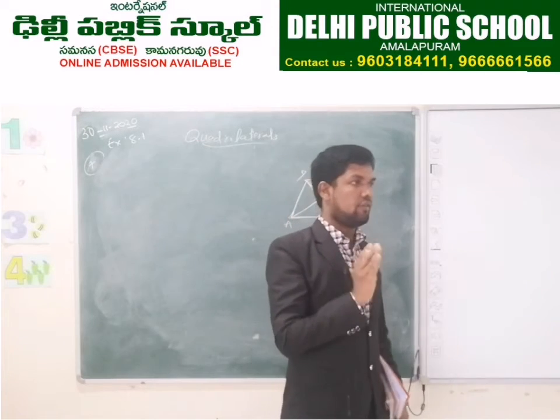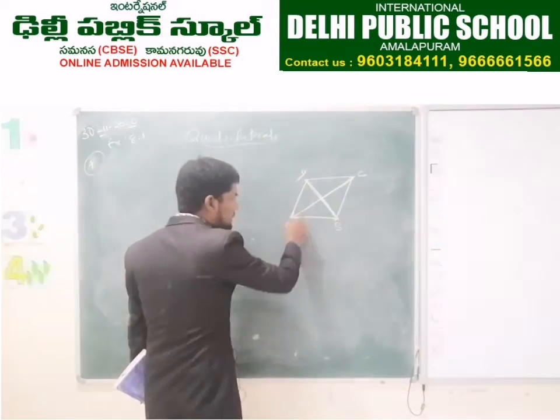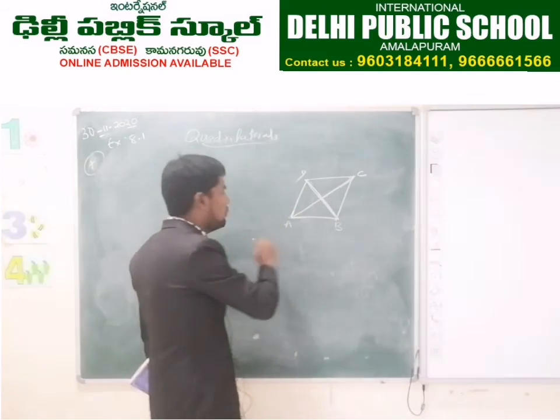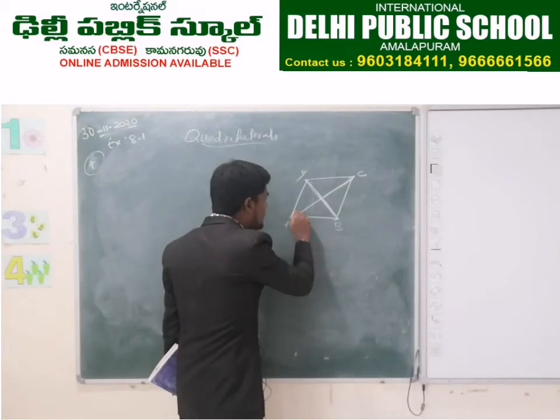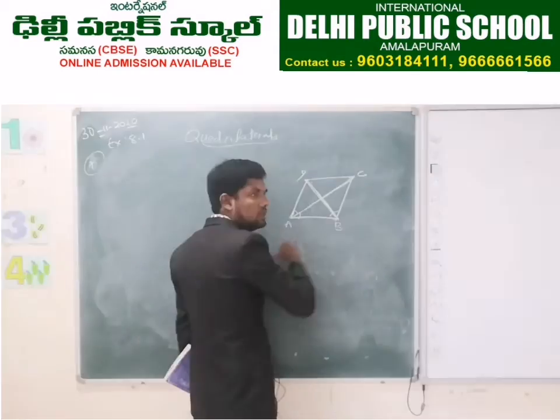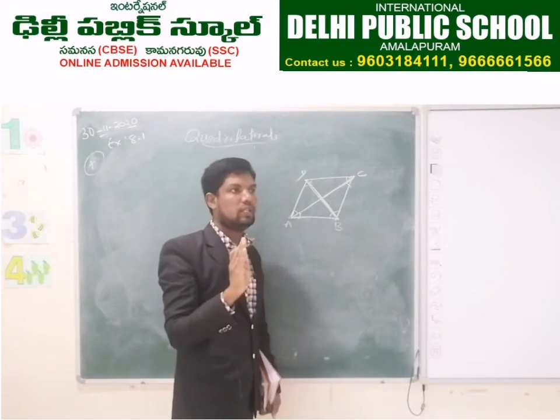Exactly dividing half of. Okay, clear? Angle bisecting means this exactly. If it is 60 degrees, we have to divide: this one is 30, this one is 30. So what we have to prove here is angle this is equal to angle this, and angle this is equal to angle this. The same way, angle this is equal to this and this is equal to this. That is the only thing we have to prove.